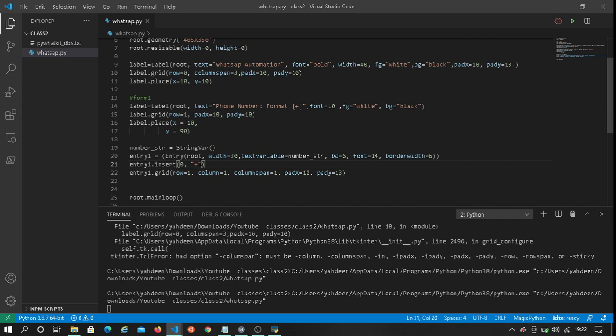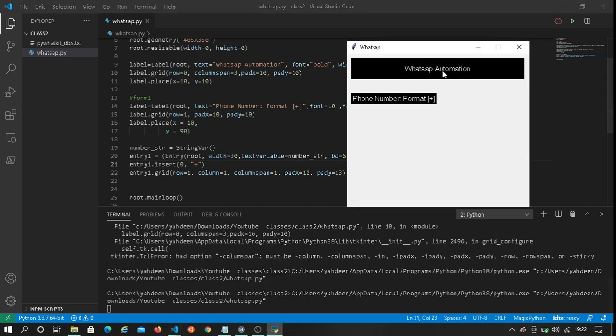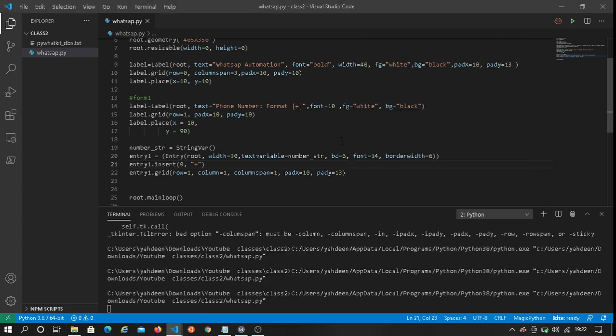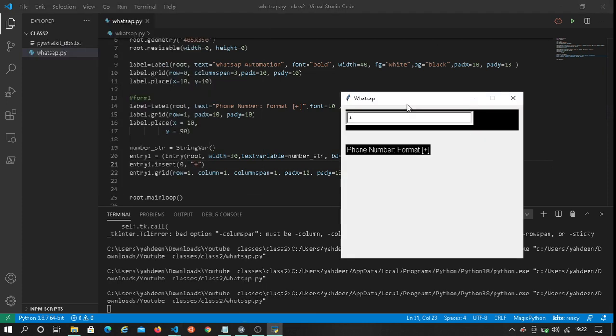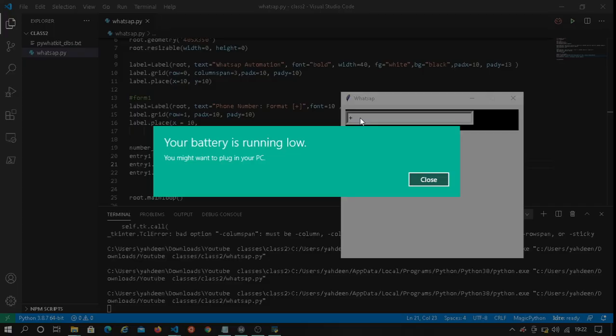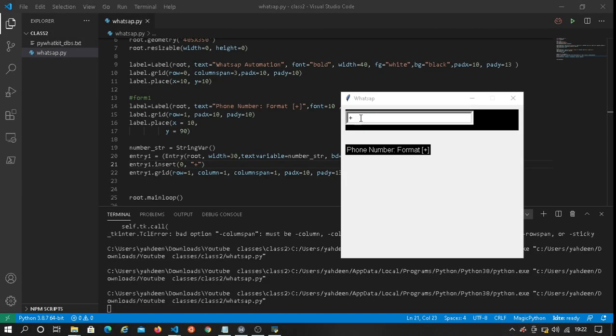What this does is put a default value in that entry box. Let me run that code and show you. As you can see here, it has its default value plus. This is just to make it more appealing for users, so that the user can understand what's going on.